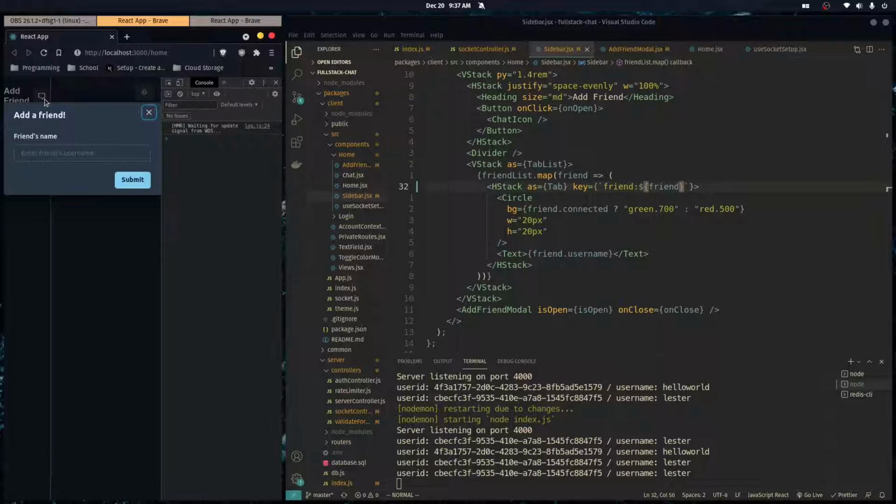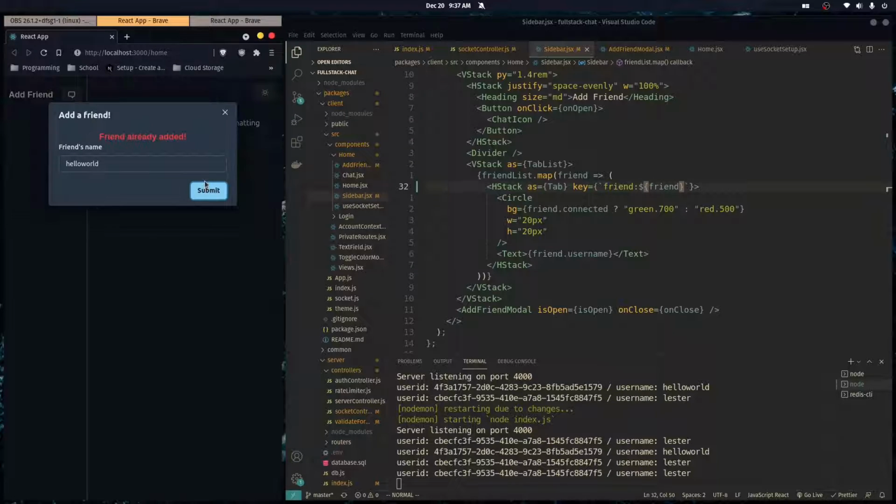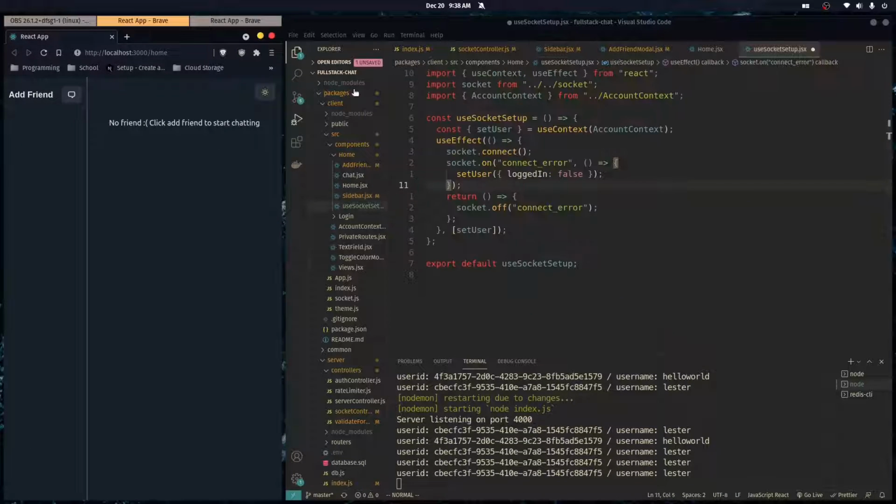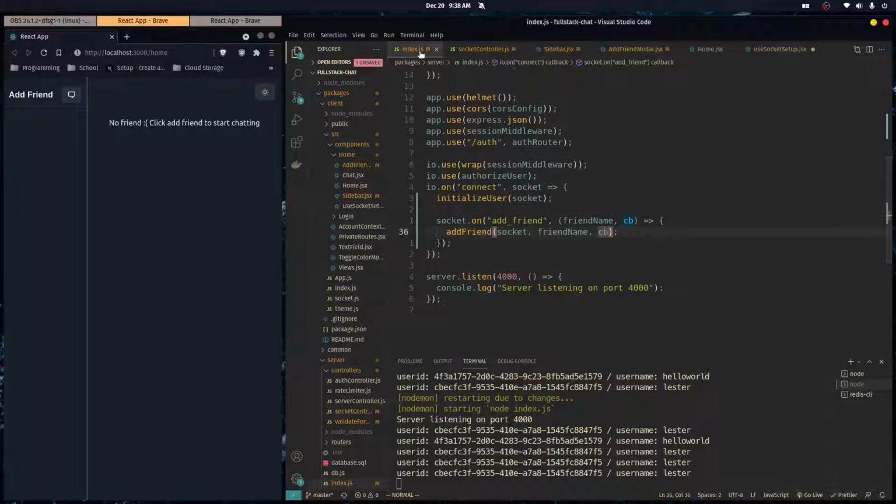So we're gonna add hello world as a friend. It should say friend already added. So that's one thing, but when we refresh our application, we lose our friends list, and we want to fix that. So we want to make it that each time we load our application, we actually get our friends list from the server. So to do that, we would want to go over to our backend, and when we initialize